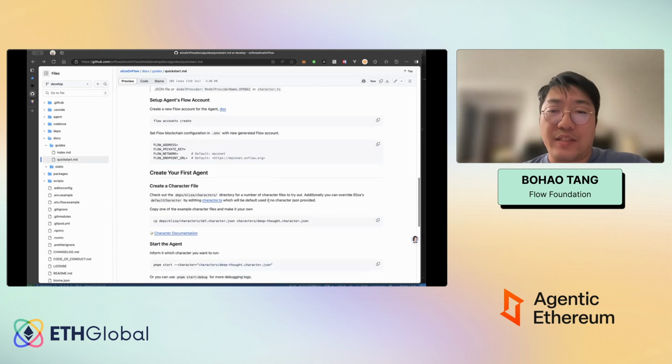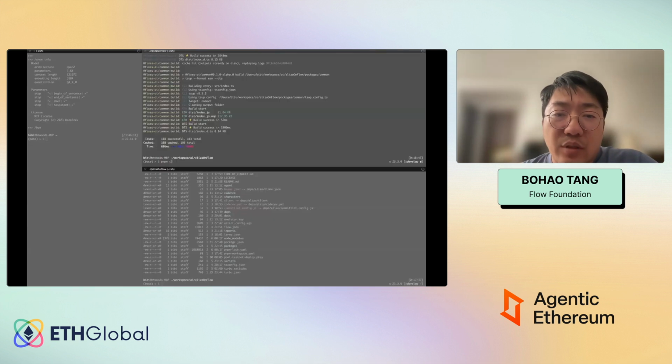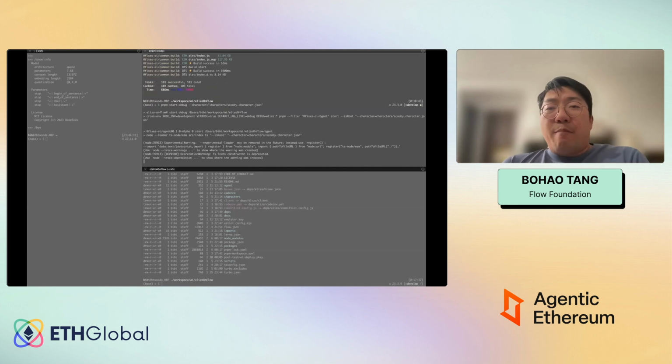And then you have everything, then you can just run the code to start your AI agent. I recommend that if you are building in development, you can use pnpm start --debug. It will print more information for the AI agent. And I have some commands here, like this one. Just start debug using the character file JSON, loading, and